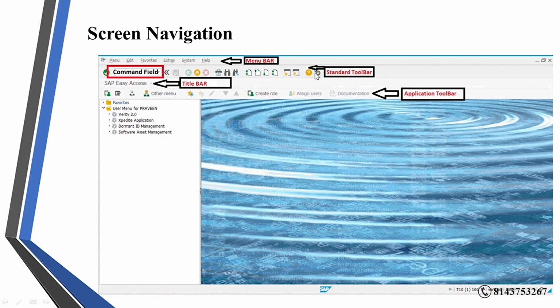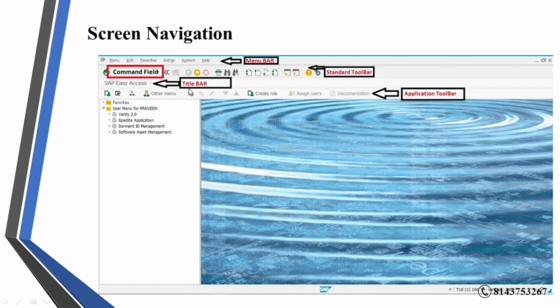Next is the standard toolbar. We have tools like back, cancel, exit, find, find next, page up, scroll up, scroll down, page down, new window, shortcut, and settings.